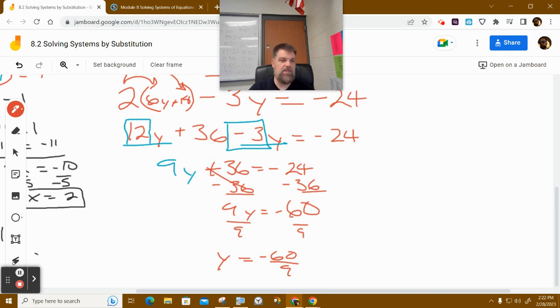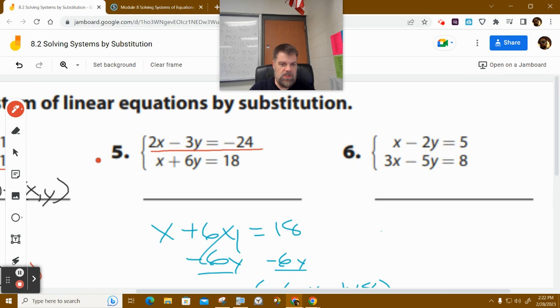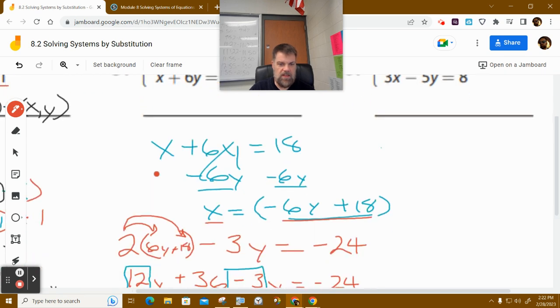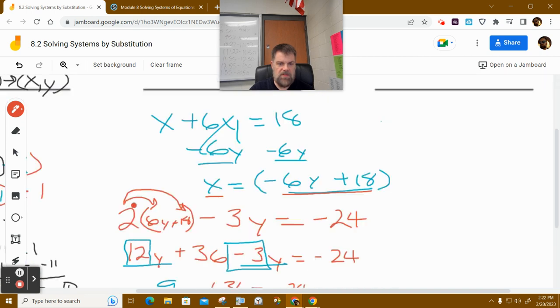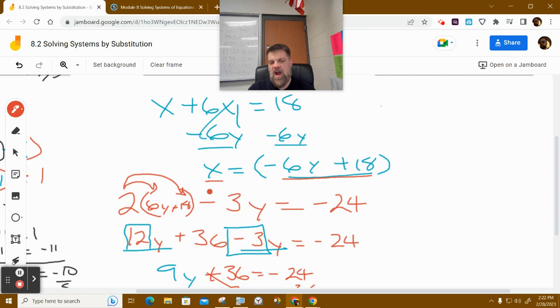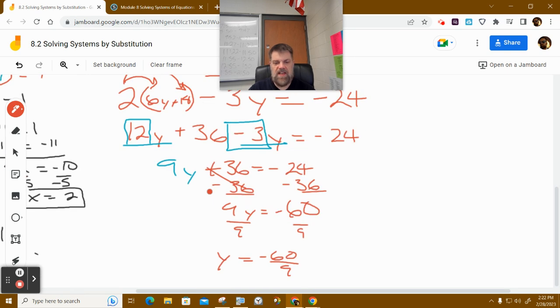I feel like I made a mistake somewhere. Let me double check and make sure I wrote everything down correctly. Minus 6y. 2 minus 3y minus 24. I think I did, but I don't like this 9 going into the thing. So let's reduce this. I don't know if that's right or not. So we'll say is equal to,